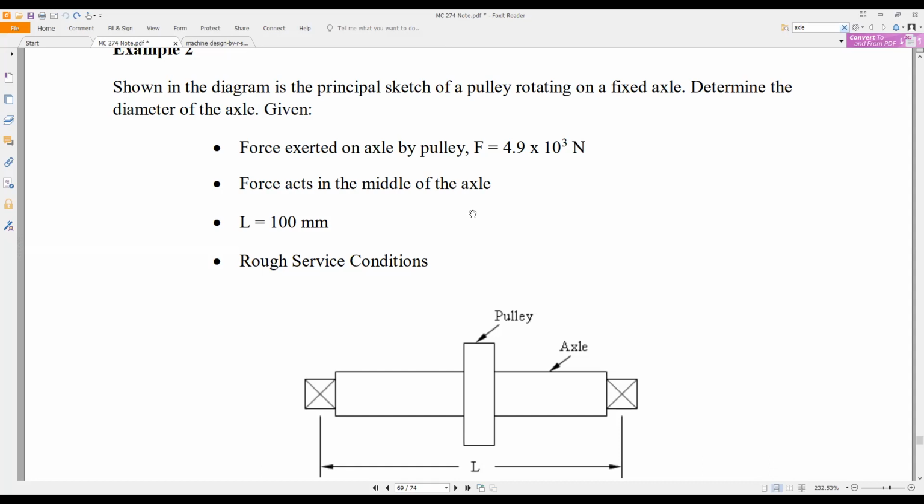And then we have the load, L, under rough service condition. If it is under rough service condition, how do we go about it? There is another one. I think the actual question should,